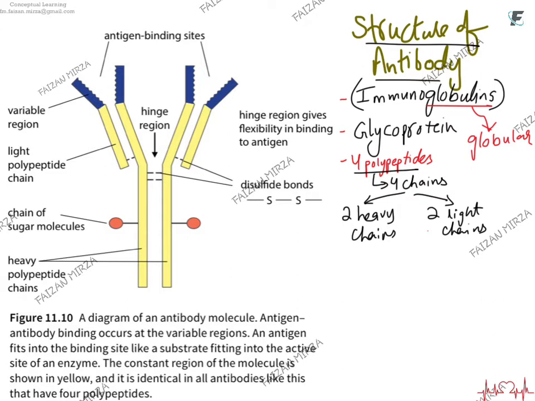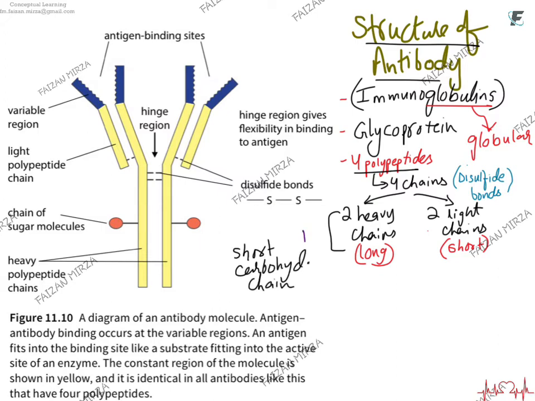So there are just 2 antigen binding sites to give more access to the antigens so that they can be held firmly. And this is the constant region of the antibody. The constant region is the part that will go and attach to the neutrophil, and when it attaches to the neutrophil, it can get phagocytized. So you can see that the heavy chains are longer, the light chains are much shorter, and there are short carbohydrate chains, as I've just discussed, and we have covered this part.